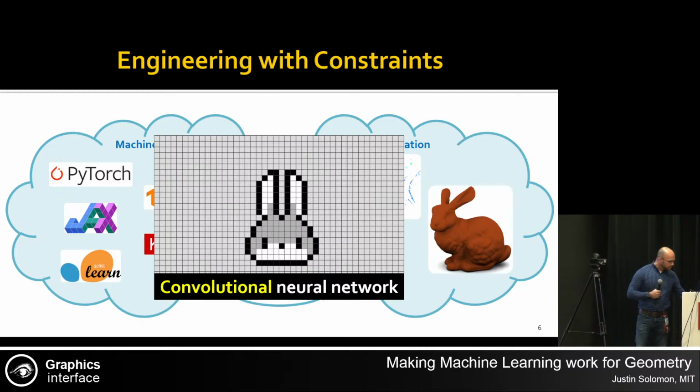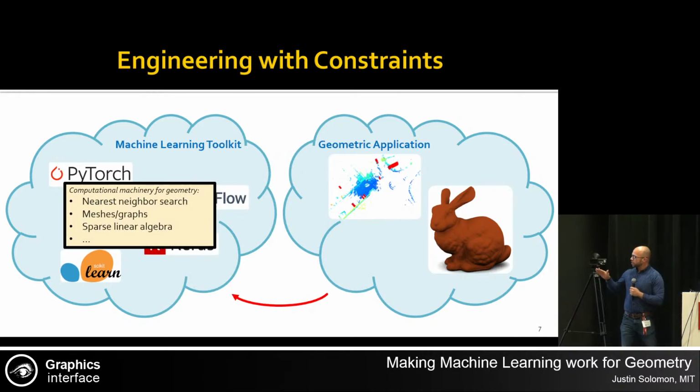And so the question that we set out to answer was, what if we took that arrow and pointed it in the opposite direction? Right? We look at what sort of operations and computations might make sense to a person in the computer graphics domain when they're working with a triangle mesh or a point cloud or whatever your favorite 3D modality is, and can we start from that as a building block and extend into the machine learning universe rather than the other way around? And in particular, there are some basic operations that I think have made sense in the geometry community for a long time. They just don't look like convolution.